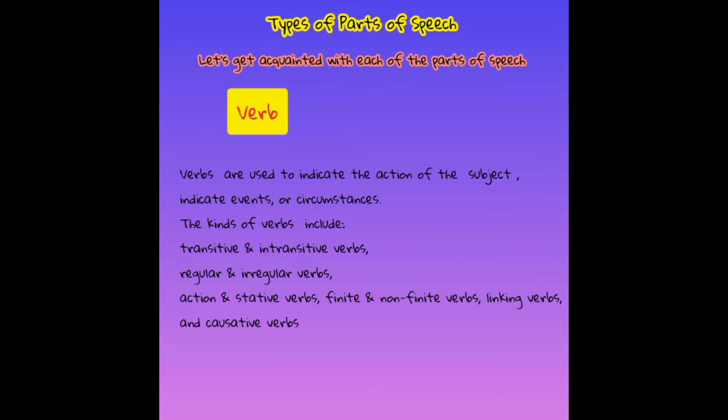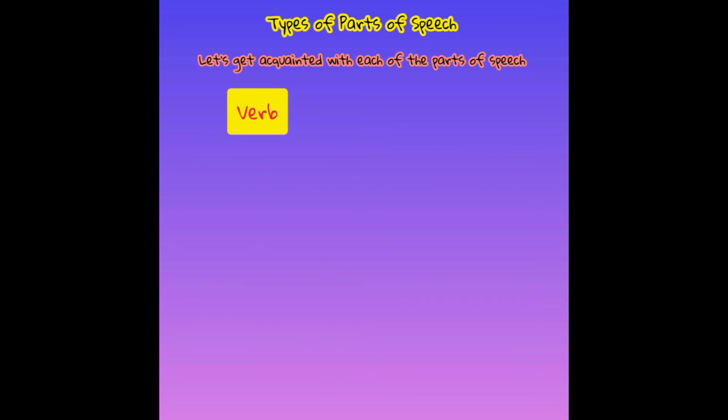Thirdly, verb. Verbs are used to indicate the action of the subject, or to indicate an event or circumstance. The kinds of verbs include transitive and intransitive verbs, regular and irregular verbs, action and stative verbs, finite and non-finite verbs, linking verbs and causative verbs. For instance,